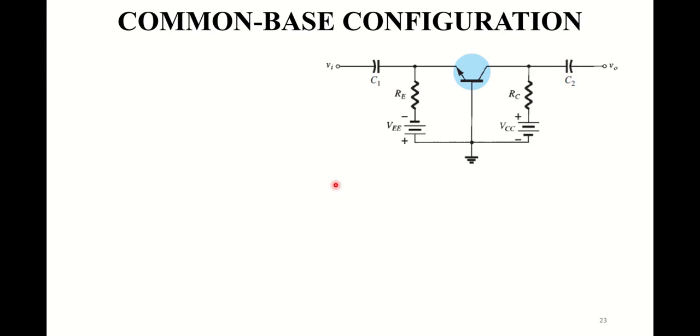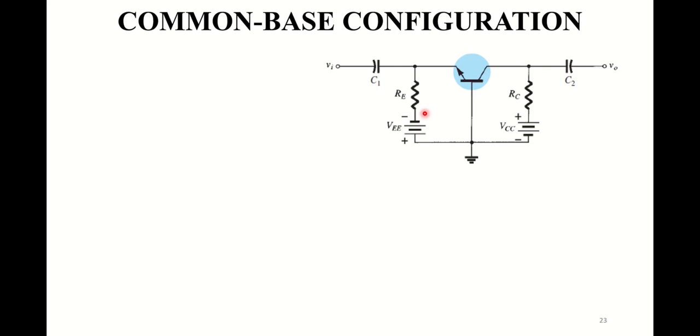Unlike all the previous configurations discussed so far in this chapter of BJT networks, solving the equation of the input loop will give us the value of emitter current IE as shown in this equation. In the previous configurations, when we solve the input loop equation, we get the value of IB, and when we solve the output loop equation, we get the value of VCE. But for a common base configuration, by solving the input loop, we get the value of emitter current instead of base current.